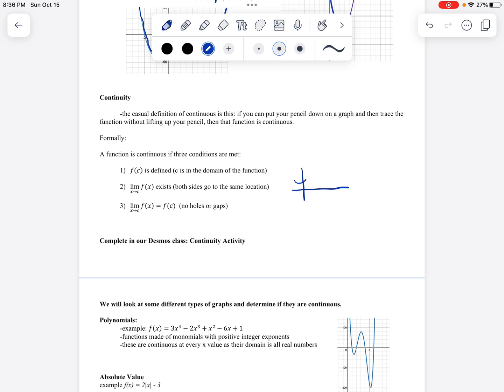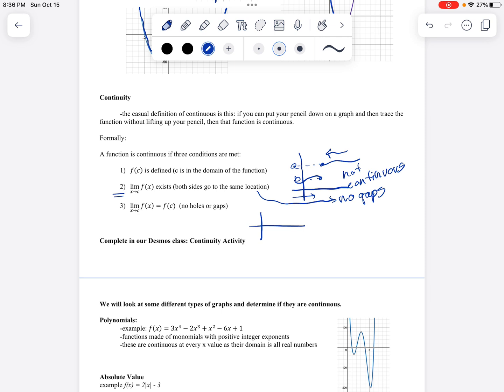So if we're just drawing a function here, if we have our right-sided limit go to this value, a, and our left-sided limit go to this value, b, this would be not continuous. So this condition says that never happens. It never happens that there's a gap. There's no gaps. That's what this condition says. And the third condition says that if there is a limit,